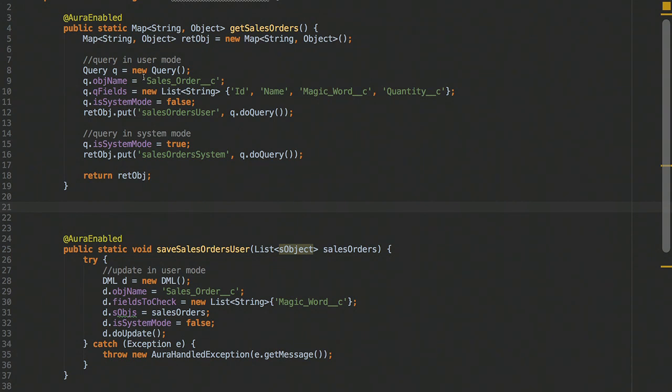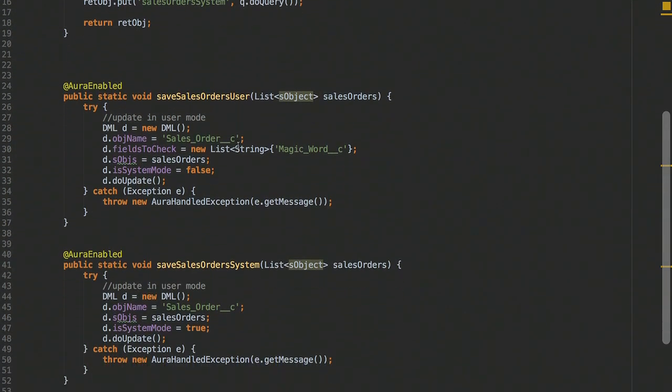We have a simple framework, but basically, we create a query object, and what this does is you give it an object, some fields, and you tell it if you want to run it in system mode or not. So we're getting sales orders, we're getting both in one call here. We're getting it in system and user mode. We're just being efficient with our round trips. Similar for DML, we created